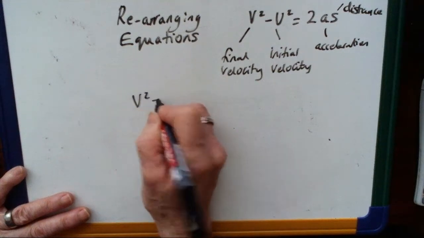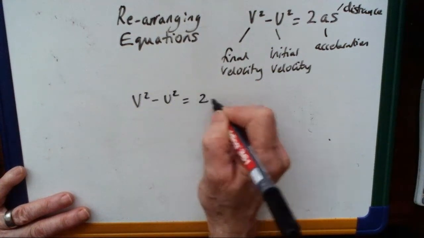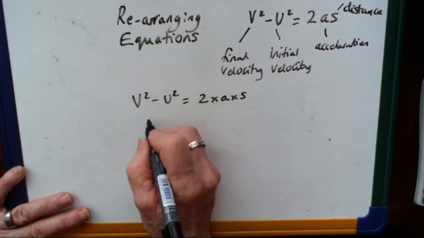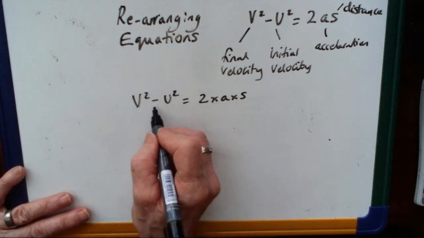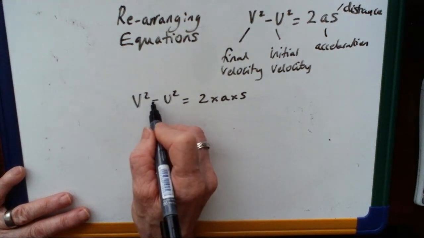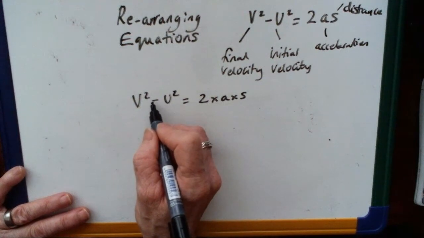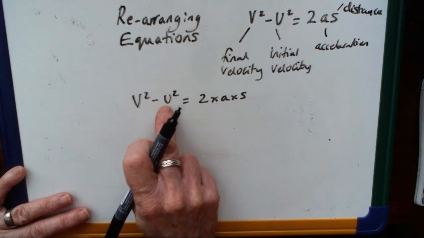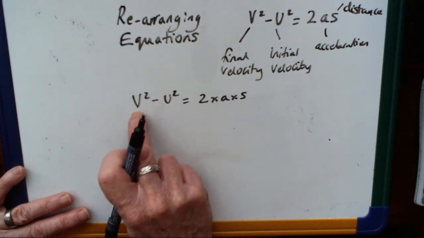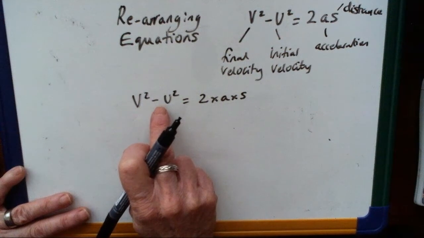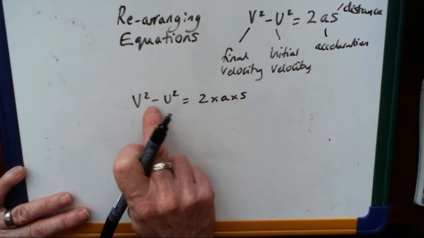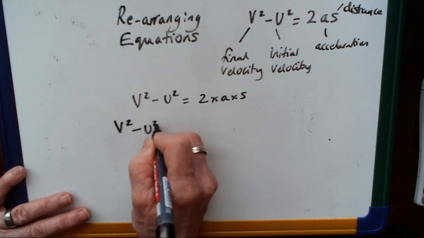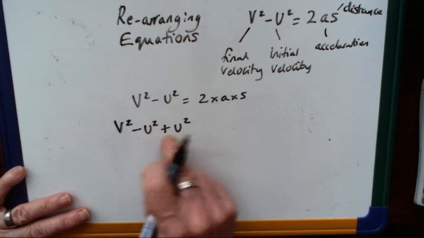So I'll just again rewrite out the equation, 2 times a times s. And for v squared, if you want to get that on its own, be careful here because this is minus u squared, it's not multiplied by, so we are not dividing this time. In order to get rid of the u squared on this side, if we want to find out what v is on its own, the first thing to do is get v squared on its own, so we need to get rid of this. The way we would do that is to add u squared to this side of the equation